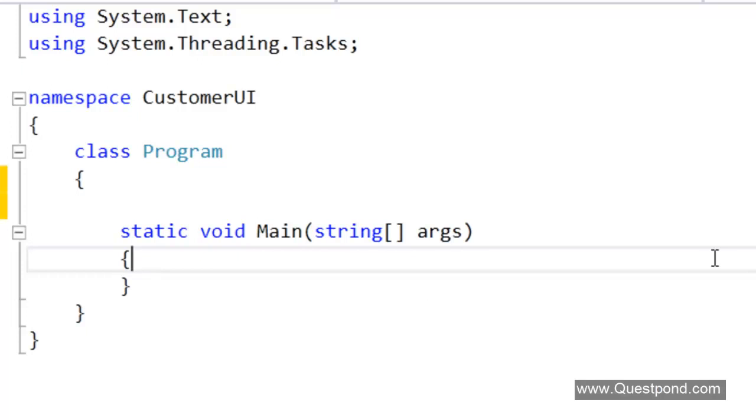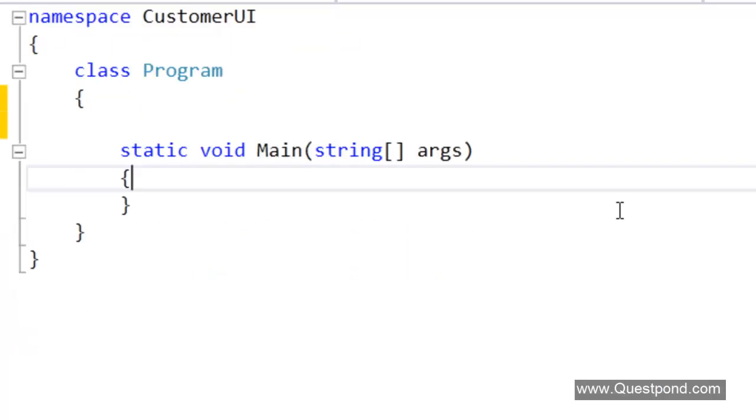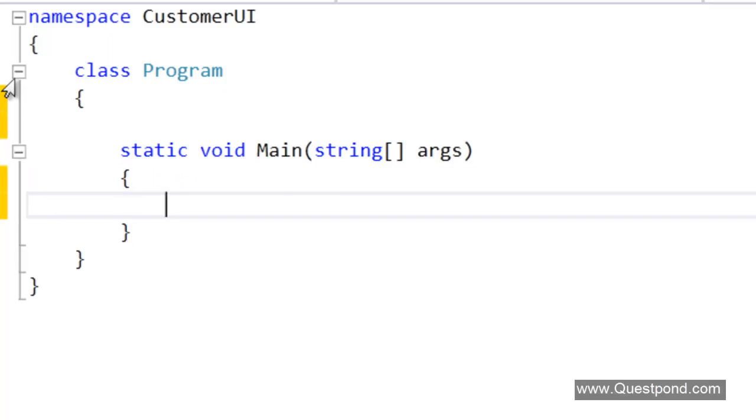But at this moment, in order to keep it simple and so that we can see the whole code in one go, I'm going to code all those 3 layers inside this same namespace here, customer UI. I will not be creating new class projects, so that we can see the whole code in one go rather than switching between class projects. Remember, our main intention is to learn dependency injection and not 3-layer architecture. So you can visualize something like this.